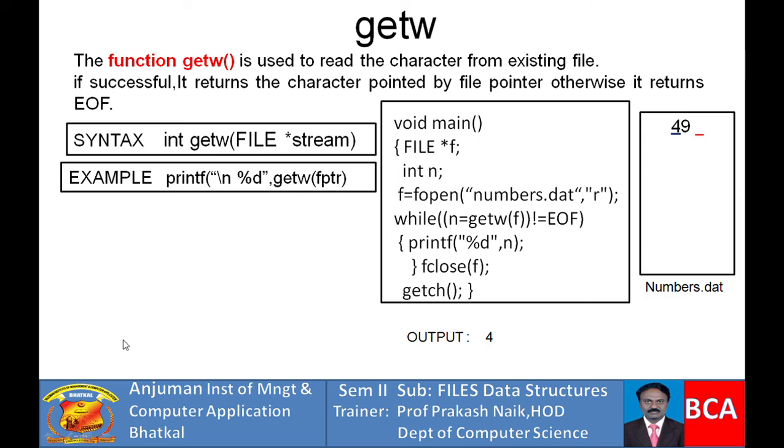Goes back to the loop. As it goes back to the loop, the control goes to the next instruction. You can see here 9 is marked here. That means the pointer has moved to 9. So goes back to the loop. Again, the content of f, that is 9, is retrieved by getw and stored to n. Again, the value of n is compared to the end of file. Since it is not equal to end of file, comes to the body of the loop. Prints n. What is n? 9. So it prints 49. Again goes back to the loop, but this time it will go to the end of file marker. This end of file marker will be stored to n. Is it not equal to end of file? No, it's equal to end of file. Comes out of the loop. Closes the file. Comes out.